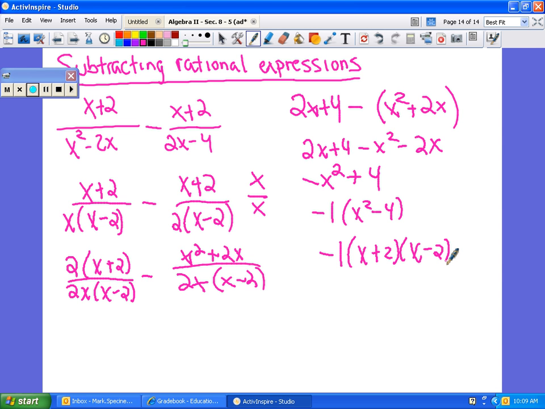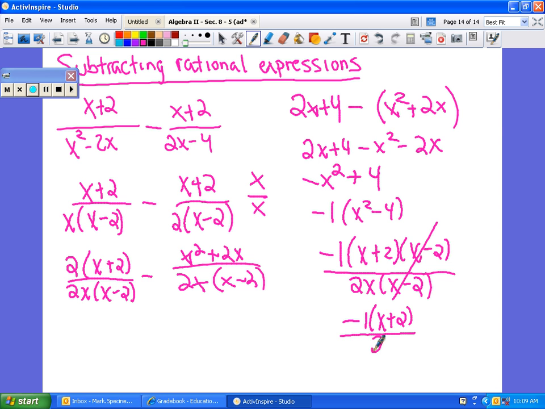Now I can bring my denominator back in because I simplified the numerator as much as I can. What do I get? I get 2x times x minus 2. Well, I can cancel something out here, right? I can cancel out the x minus 2's. That leaves me with this, negative 1 over x plus 2 over 2x. So that's my answer. So you can see everything is the same,